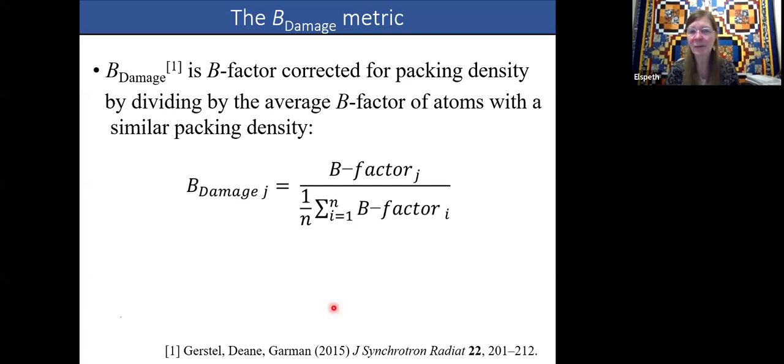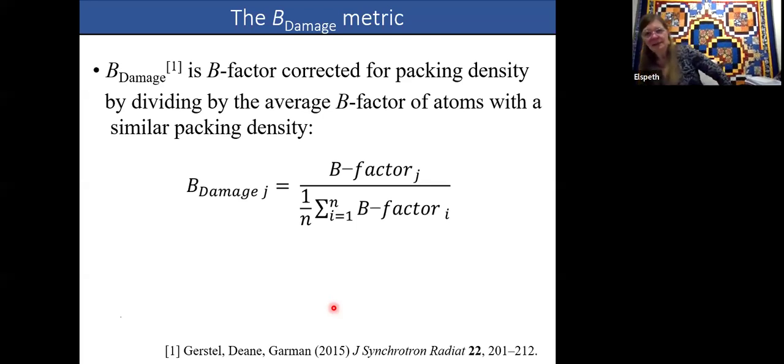Basically, we asked what's the average B factor of atoms that are in a similar packing density to our atom of interest, and divided it out and saw what was left. So it's corrected for the packing density. This allows us to give a B damage value to every non-hydrogen atom in a structure,